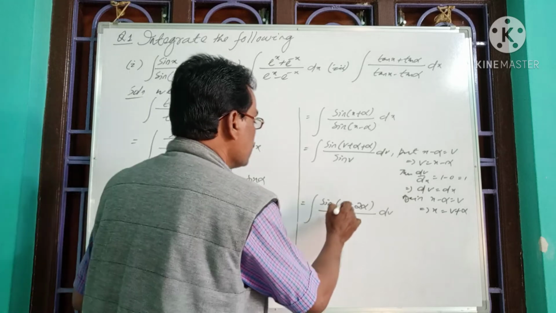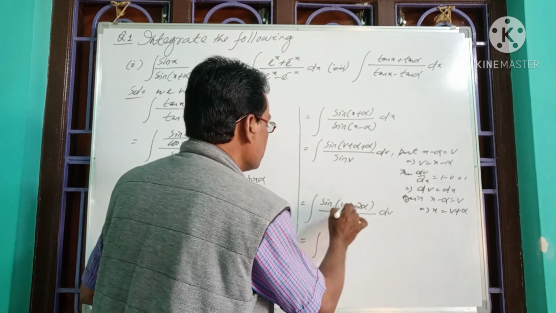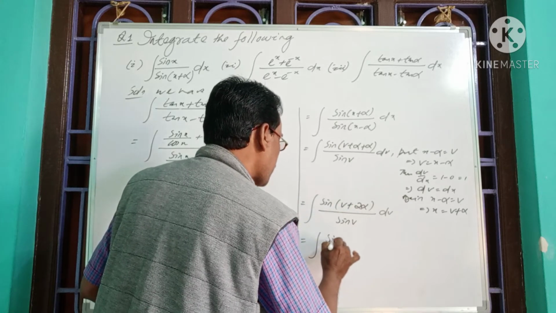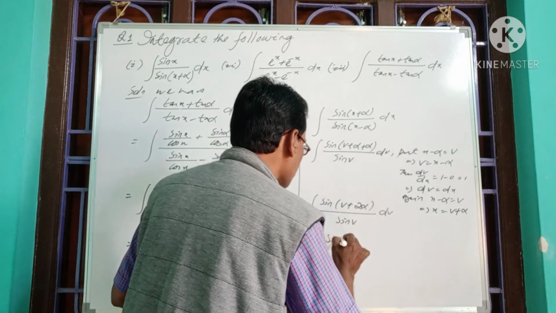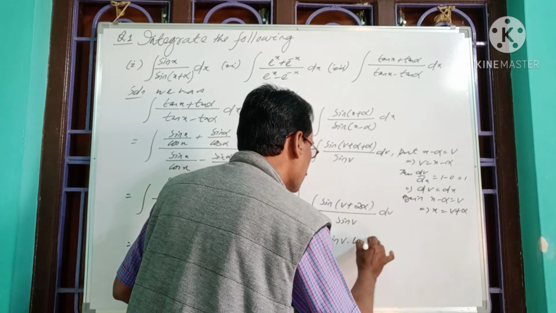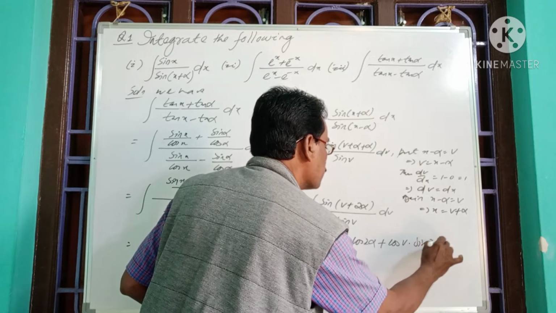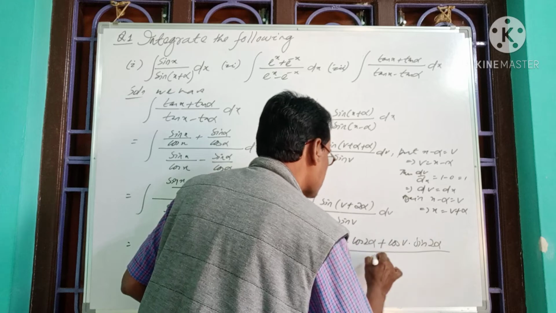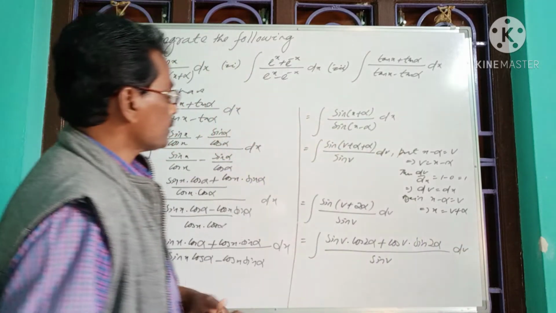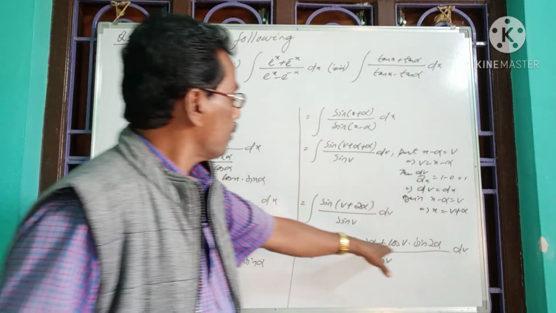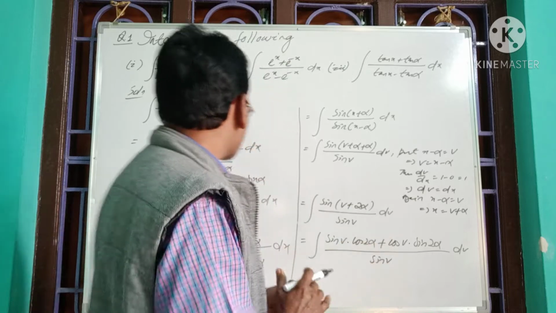So now breaking sin of (v plus 2 alpha), it is in the form sin of (a plus b). Breaking by sin of (a plus b), we have sin a into cos b plus cos a into sin b. So sin of (v plus 2 alpha) will be sin v into cos 2 alpha plus cos v into sin 2 alpha, by sin v, integration with respect to v. Now see, in the numerator we got two terms, in the denominator it contains only one term. So now dividing by sin v in both the terms, we have